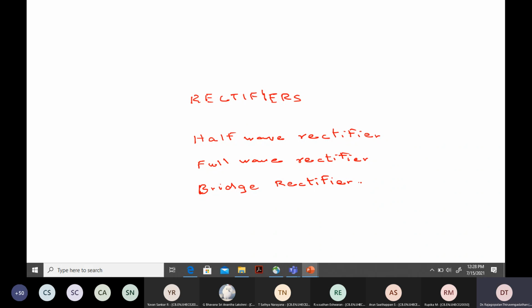Bridge rectifier. As the name sounds, we are familiar with what is known as the Wheatstone bridge, and there are several bridges in electrical circuits. In the Wheatstone bridge, we use 4 resistances in a bridge-like fashion. Very similar, here we use 4 diodes. With that introduction, we'll proceed to the circuit. The circuit shown for the bridge rectifier is as follows.